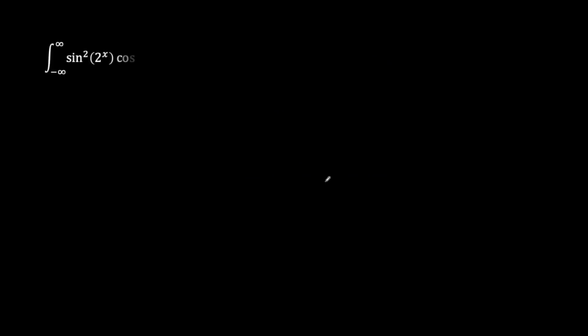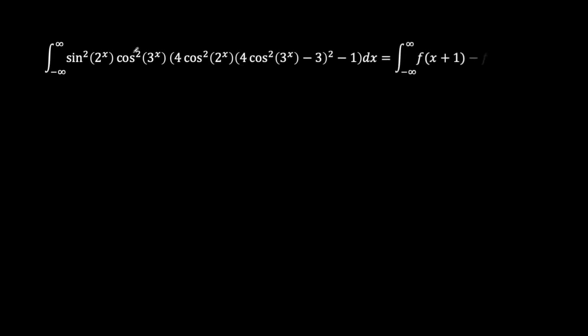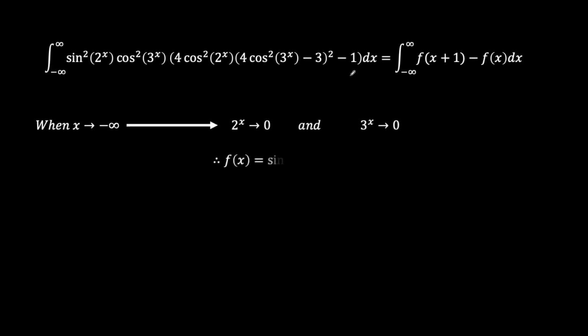Now, one interesting thing with this integral is that when x tends to negative infinity, 2 to the power x tends to 0, 3 to the power x tends to 0, and so on. So this entire thing just collapses to 0. And that is a very, very important thing to have in mind. So when x tends to negative infinity, 2 to the power x tends to 0, and also 3 to the power x tends to 0, right? So f(x), being equal to sine squared 2 to the power x cosine squared 3 to the power x, tends to 0, since sine squared 0 is just 0. So this tends to 0. And also,